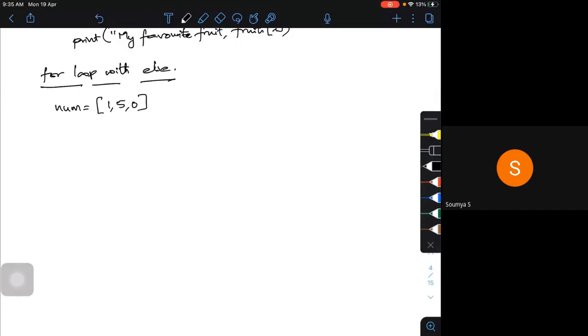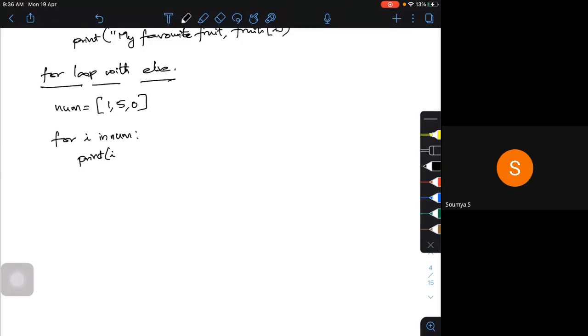Now what I'm going to check: for i in num, I'm going to print the value of i.